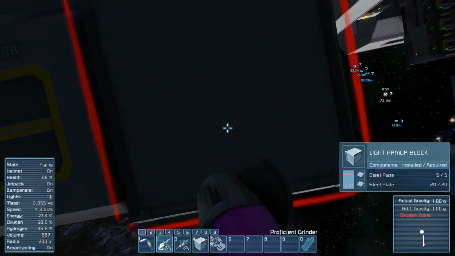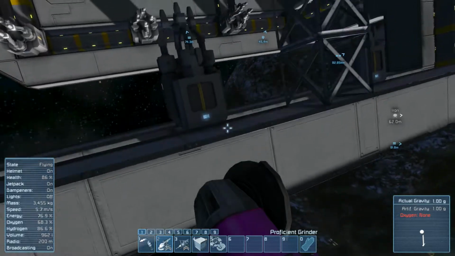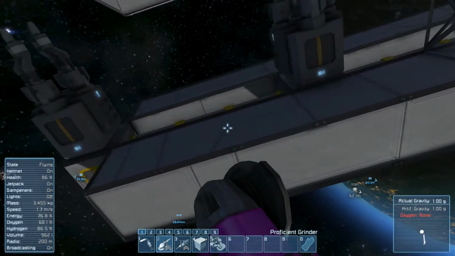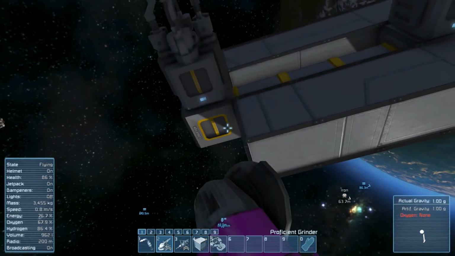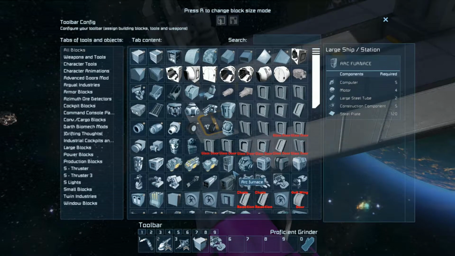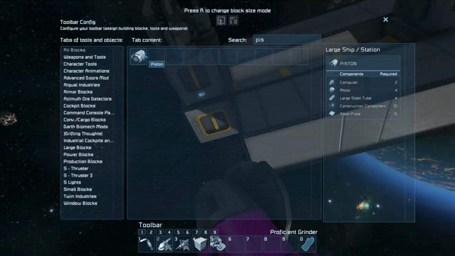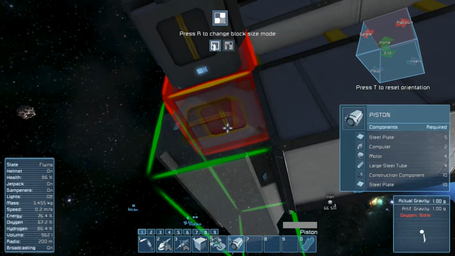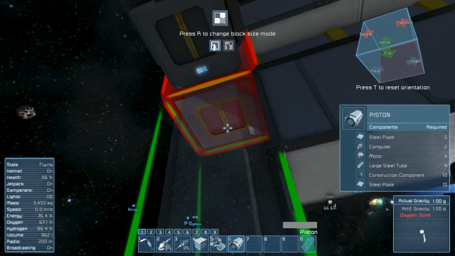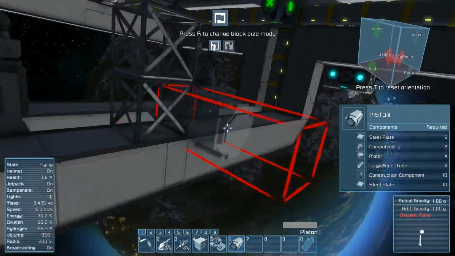And take this out. How are we going to do this? Yeah, they keep saying that they have fixed pistons, and every time I try this, something blows up, so...